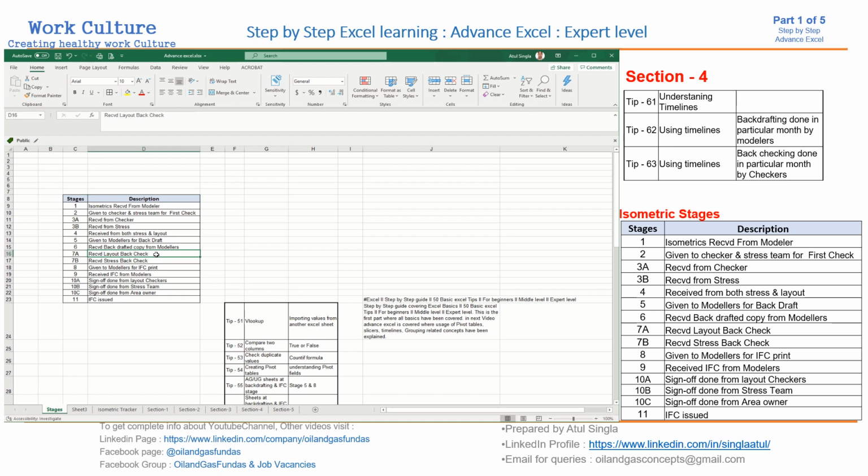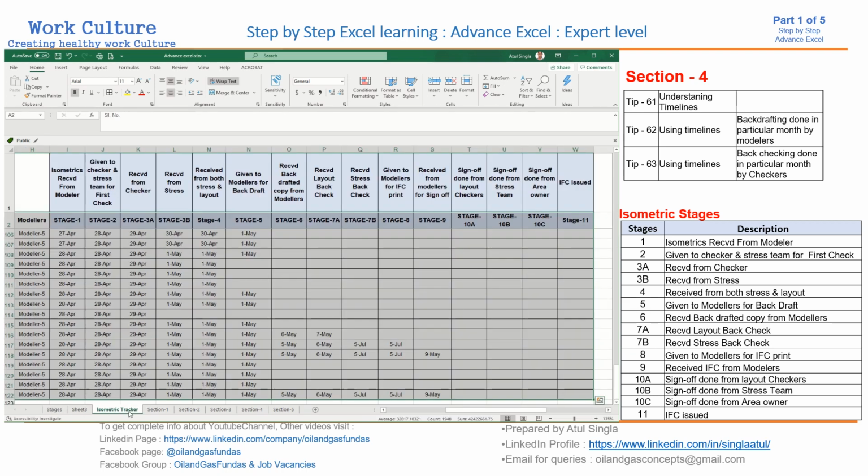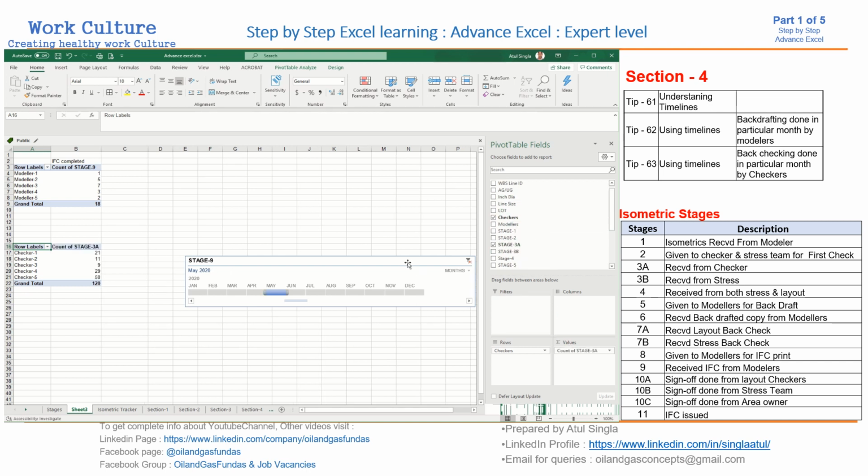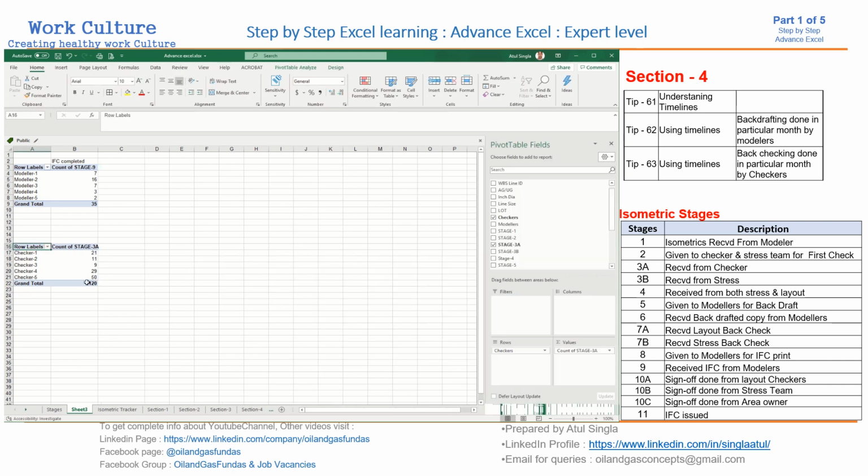Received backcheck 7A. Okay, received IFC, or you can check received from checker 3A. First check print, you can drag 3A to this. So these were the stages.